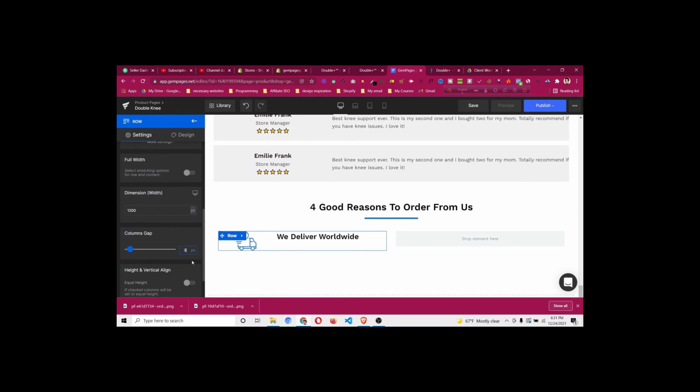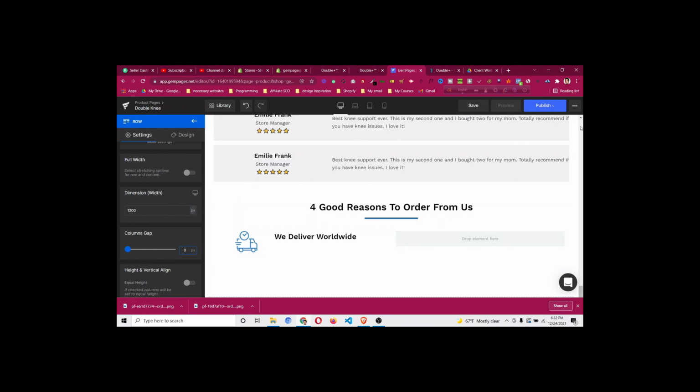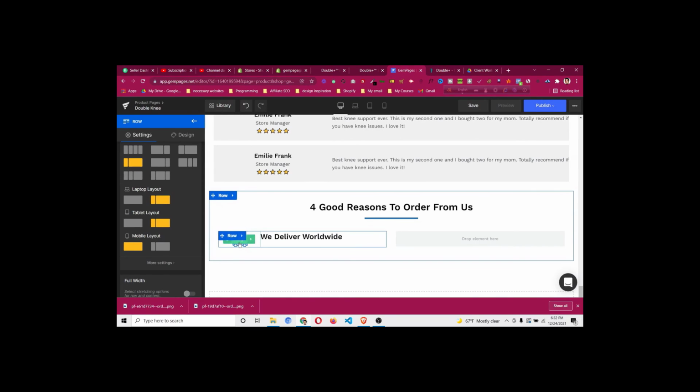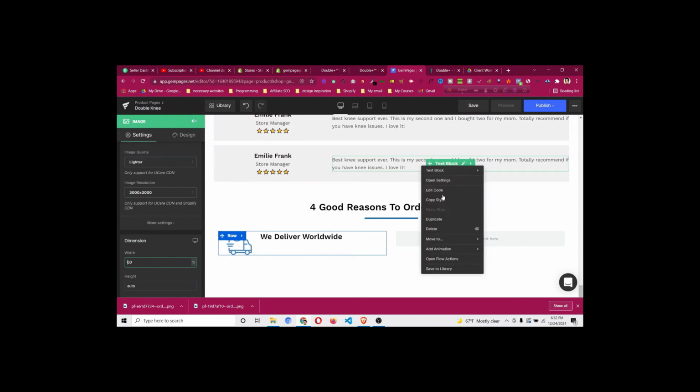So let's make this row 0, so there is not much space. Okay, so then what we can do, we can click on this row and make it smaller, much smaller than this. One thing to do, you can see there is another smaller portion for the left side, we can choose it as well. So make it much smaller, and this image is actually not that small, but let's make it 50% or 60%. Okay, let's make it 60%, and let's take this text block from here, copy it,